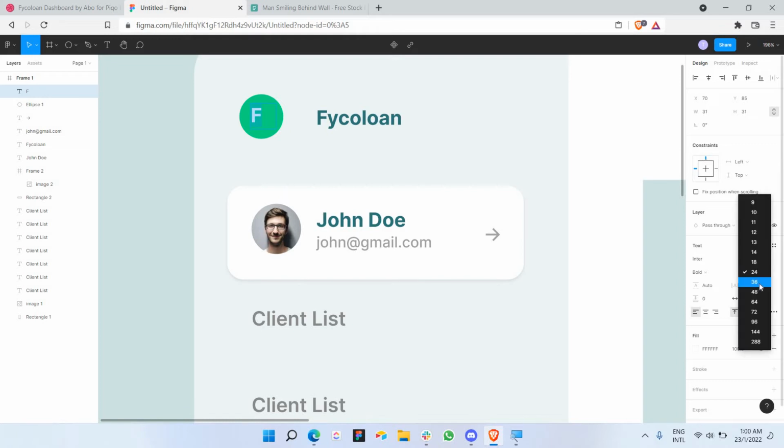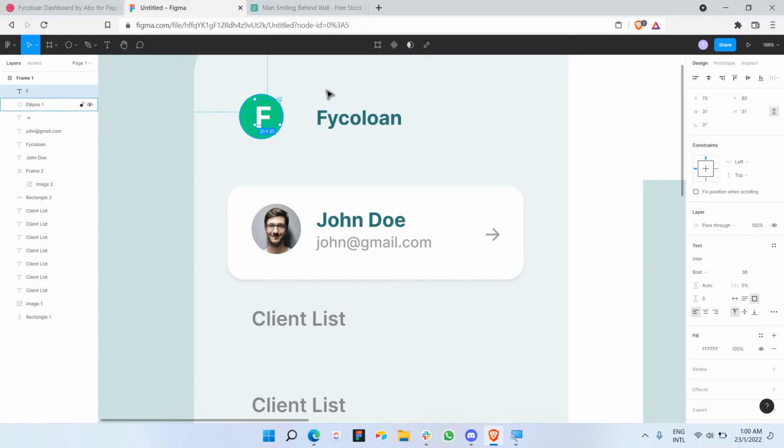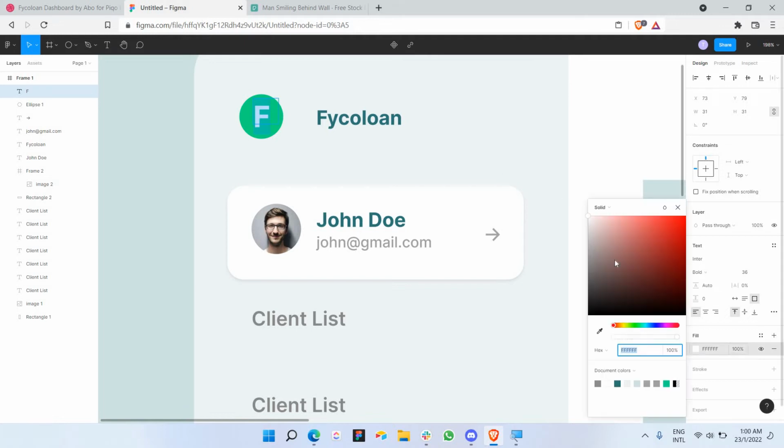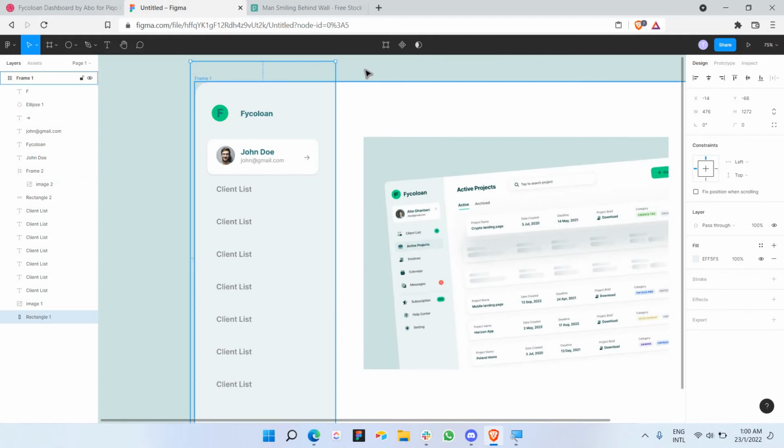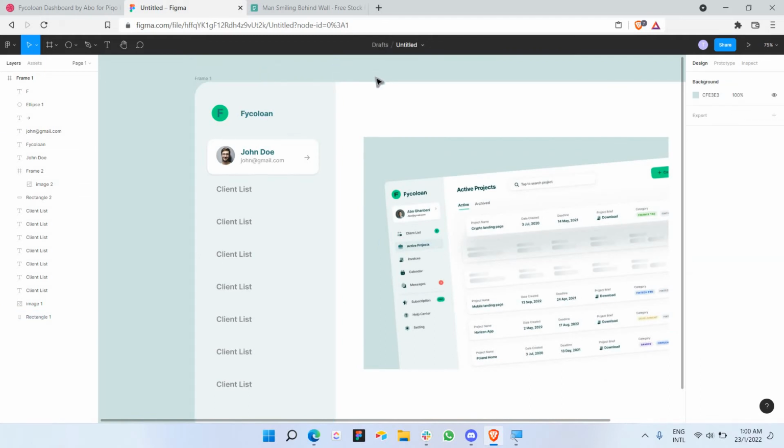Increase the size, and just change the color to this. Okay, and next let's go to